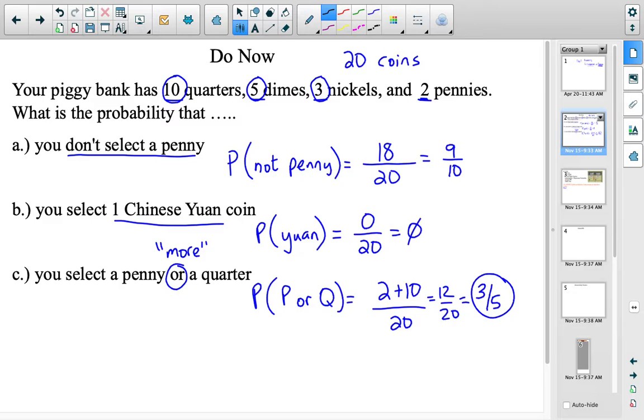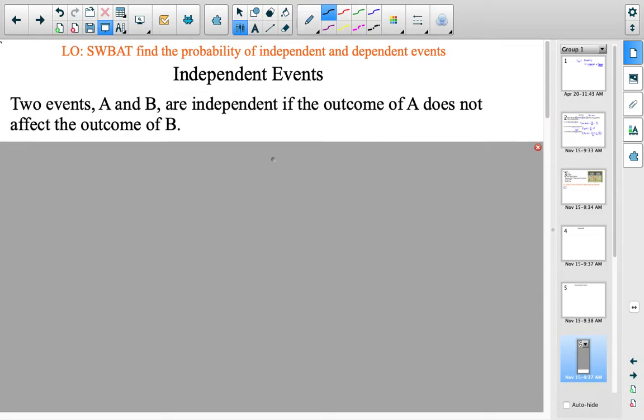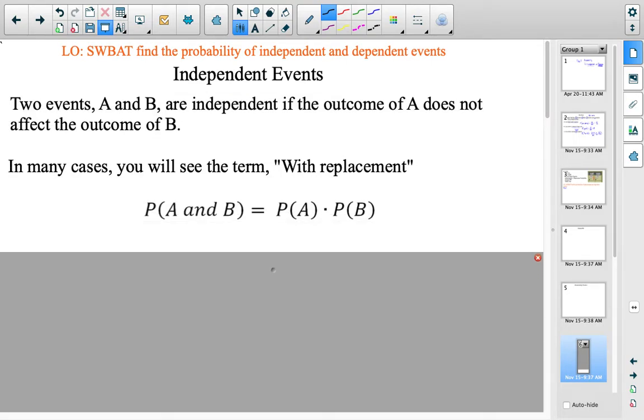Okay, so we are going to now move into independent and dependent. We're going to jump right into it. So again, you could pause anytime and write this in your notes. And I would encourage you to write this right here. Hit pause and write this. 2 events are independent if the outcome of A does not, this is the key part, does not affect the